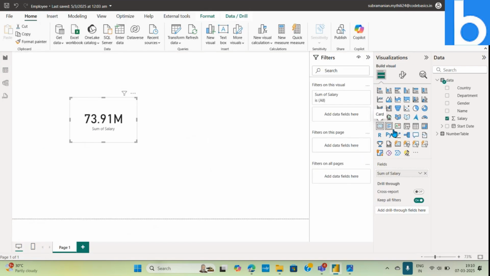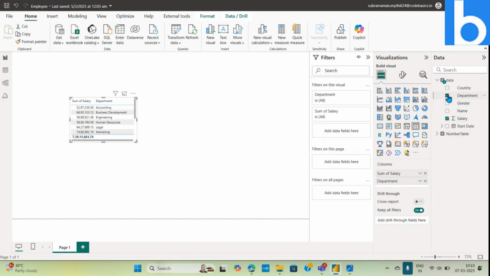We are in the card visual. Let me convert this card visual to a table. That's the total salary. Now, if I bring in department to this particular table,